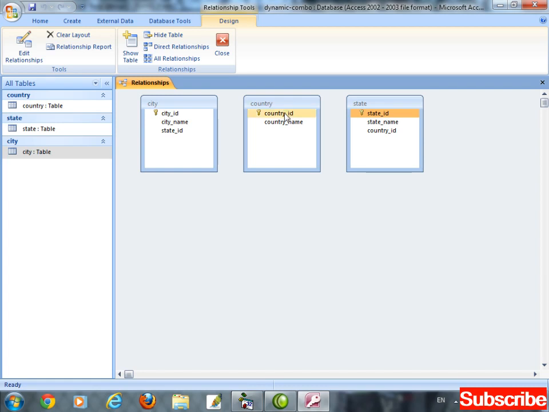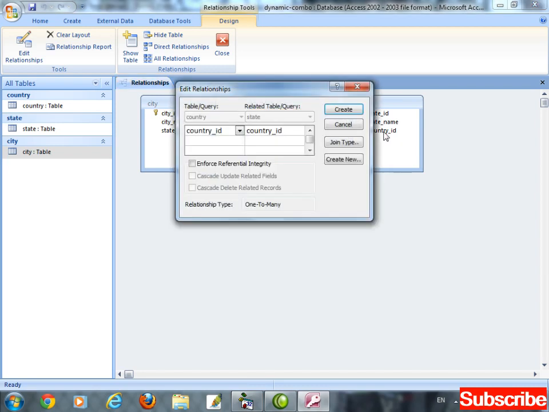First, we are going to make the relationship between the country table and the state table. Select the primary key from the country table and drag it on the country ID inside the state table.